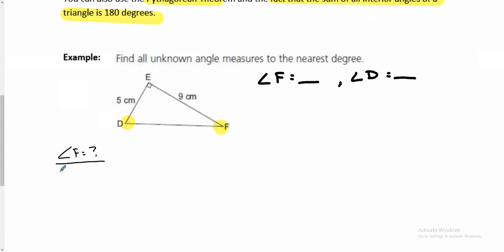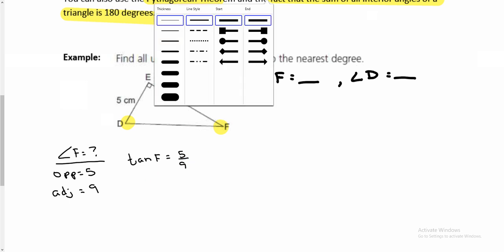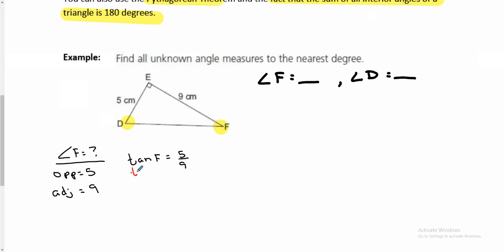Opposite of angle F is 5, and adjacent to angle F is 9. So using opposite and adjacent, looking at SOHCAHTOA, the only one that we can use is tangent. So we're going to say tan of F is equal to the opposite, 5 over 9. And I need to isolate F, the variable, by itself. So we have to take the tan inverse of both sides,